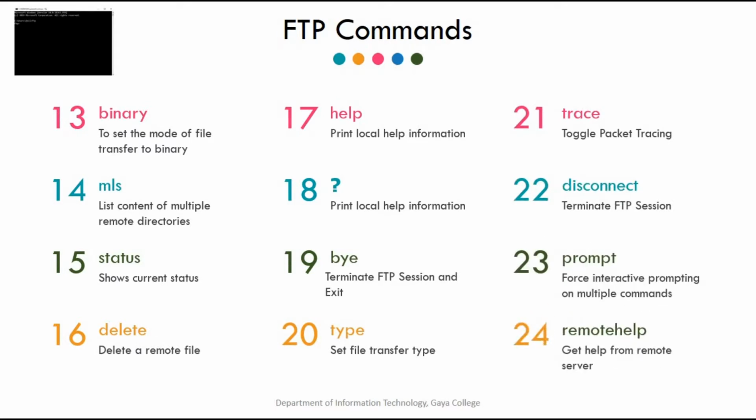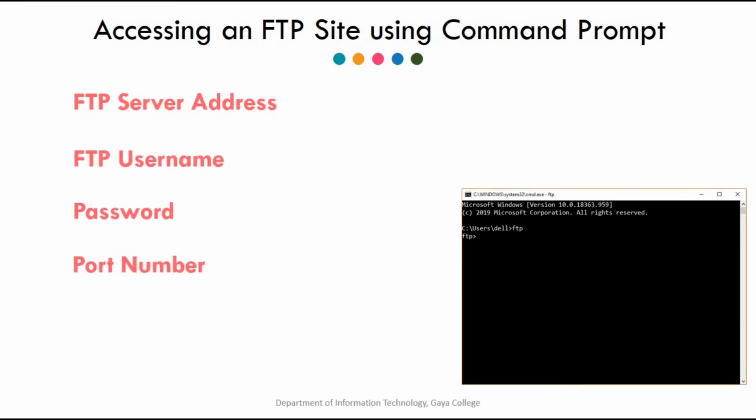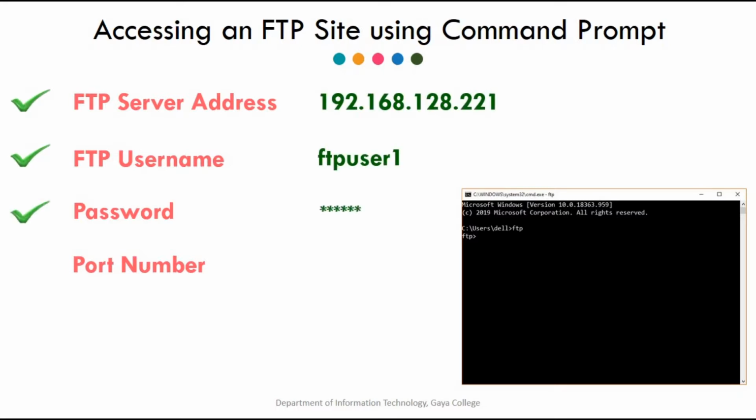We'll use them soon, but before proceeding further, make sure you have a few basic details to connect with your FTP server, like the address of your FTP server, that could be a name or an IP, username and password if it is configured for, and the port number on which the server listens for FTP services. Here I have configured an FTP server on the local host for the demonstration, and these are the values for the required details. In my previous session, I have already demonstrated the way you can access this information once you have configured your FTP server on the local host.